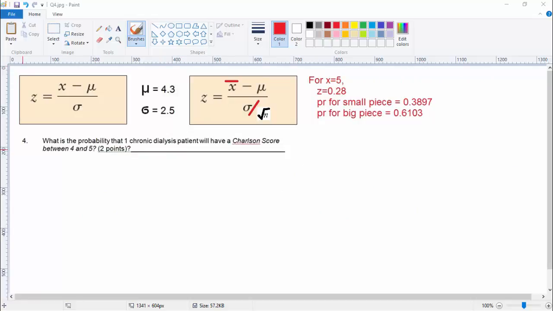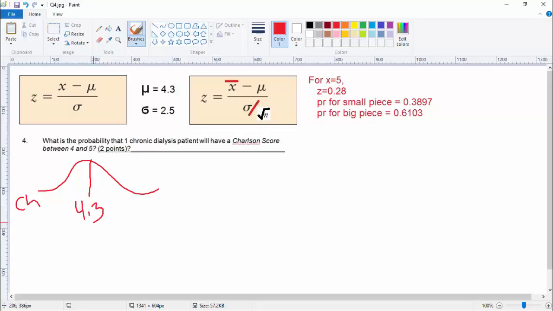Okay, now we get to the more involved questions. We're starting with question 4, and you'll notice that I sneakily put the answers from our previous inquiries in quiz prep for this chapter up here on the right, just so we can refer to them and so we don't have to redo them. Okay, let's focus on the question. What is the probability, again, we're looking up stuff in the Z table, that one chronic dialysis patient, so we're over here on this side with the simpler equation, will have a Charlson score between 4 and 5? So let's draw the picture for Charlson,